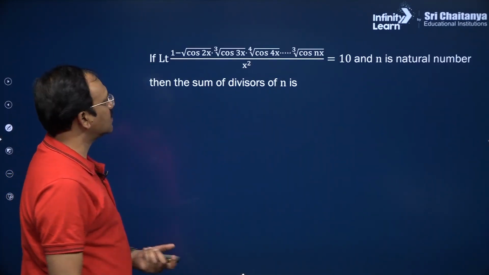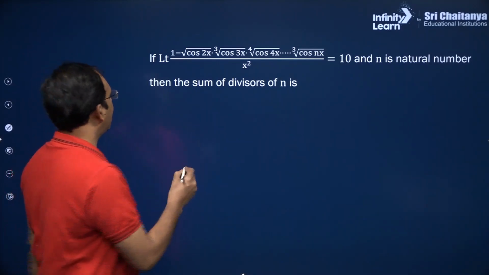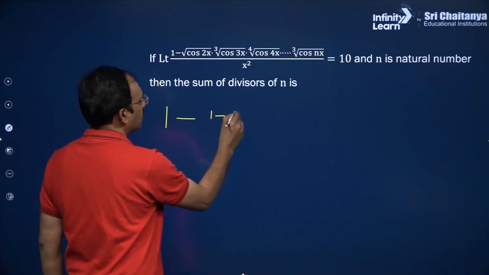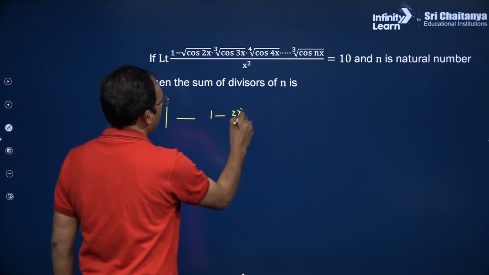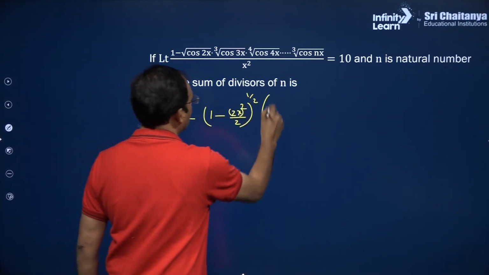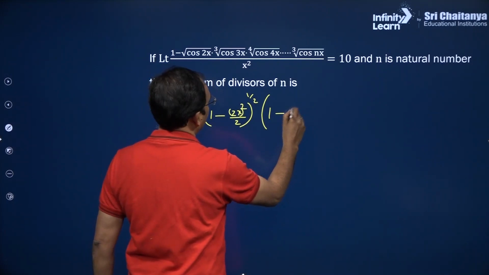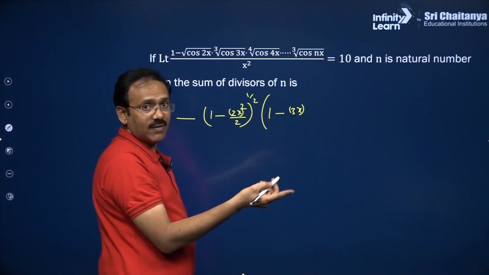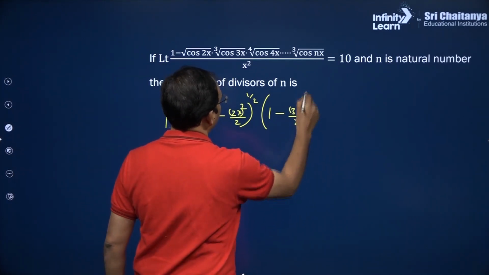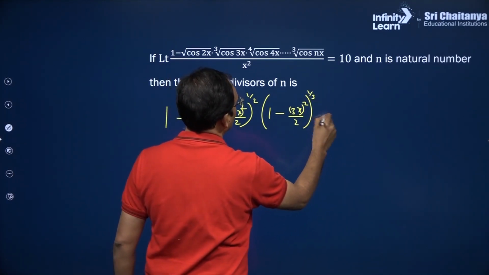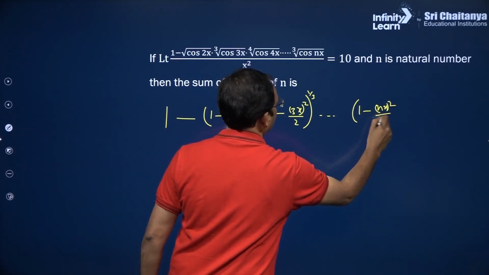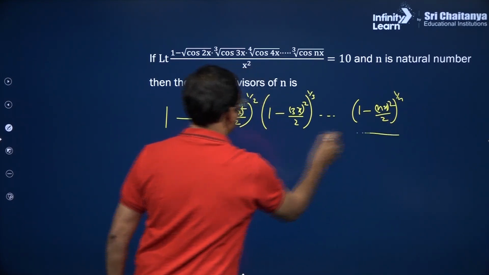Next, you see this is a simple one, you just find the limit like expansion. cos 2x power 1 by 2, right, cos 2x expansion: 1 minus x square by 2 factorial power 1 by 2 into 1 minus x, because denominator is having degree 2, do not write the terms above 2. So, x square by 2 factorial power 1 by 3. So, like that 1 minus nx square by 2 factorial power 1 by n, by x